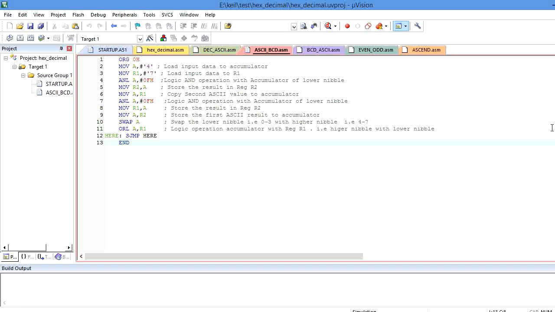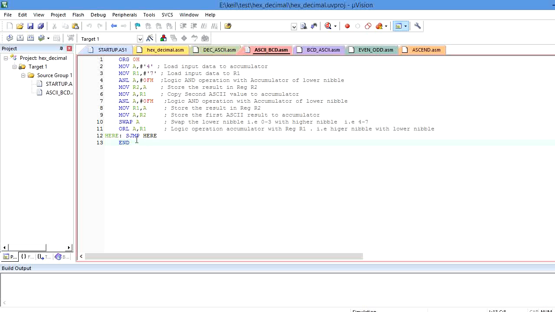Similarly, for alphabets and special characters, whenever we use them, we convert them to the equivalent ASCII value and use it in electronic communication. Now we will see how to convert ASCII to BCD format. Now this is my program, that is ASCII to BCD value. Now let us explain step by step in the debug mode.